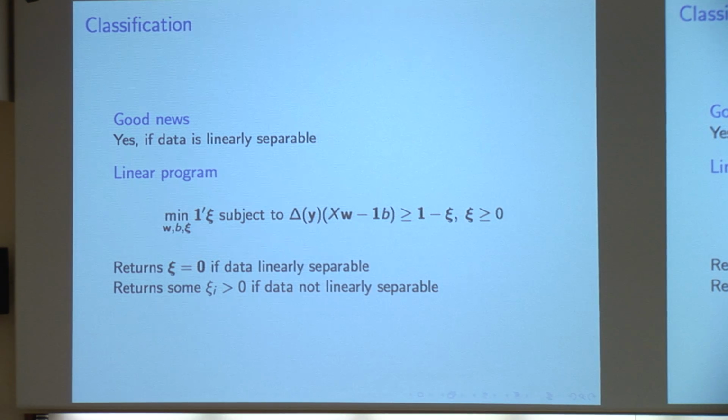So these little auxiliary variables are like what I did in the first lecture, these little local cost penalties, one for each example, right? And these will be a certificate. If they're all 0, then it's a proof that you have separable data. And if one of them is non-zero, that's a misclassified example. And because the linear program solves this, it's actually a certificate that it's not linearly separable, okay? That linear program is polytime.